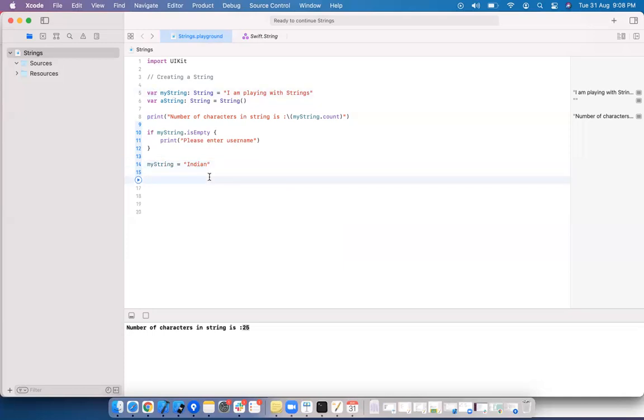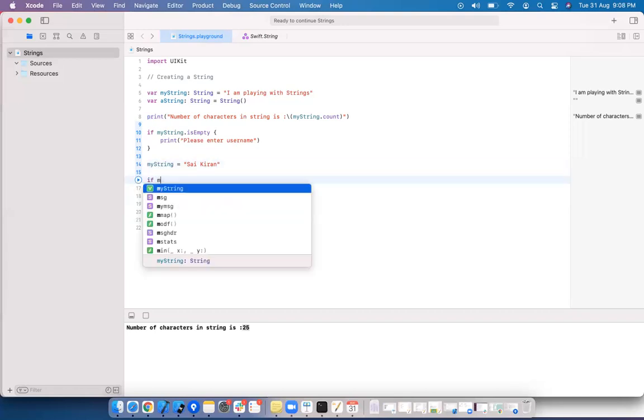Now I want to check how many numbers in a school have the prefix. Let's say Sai Kiran. My string is Sai Kiran. I want to check whether this string is having Sai as prefix or not.